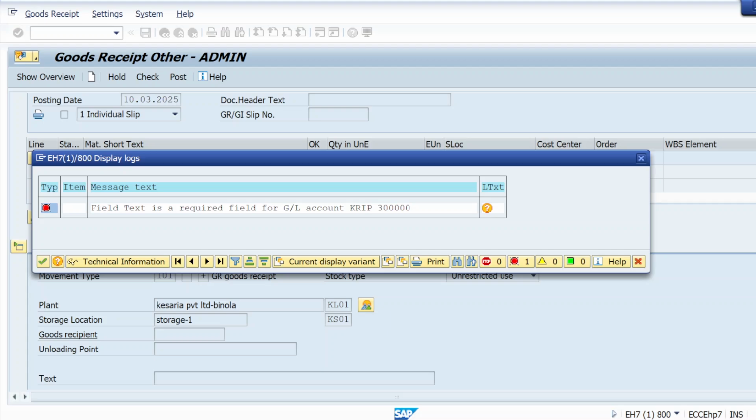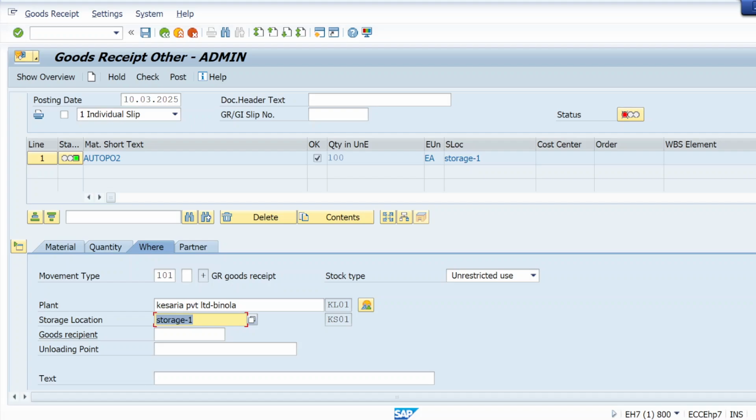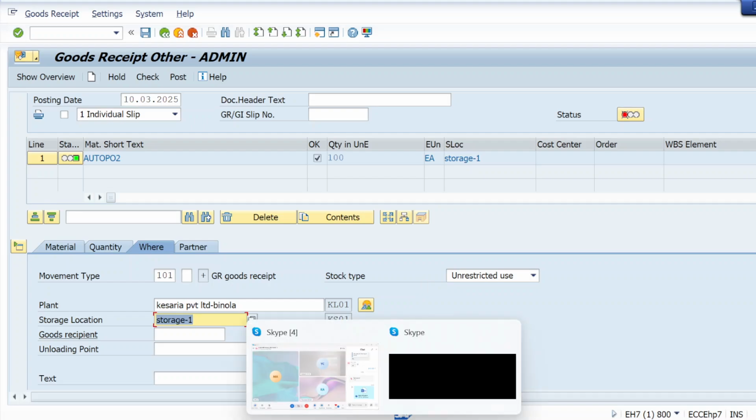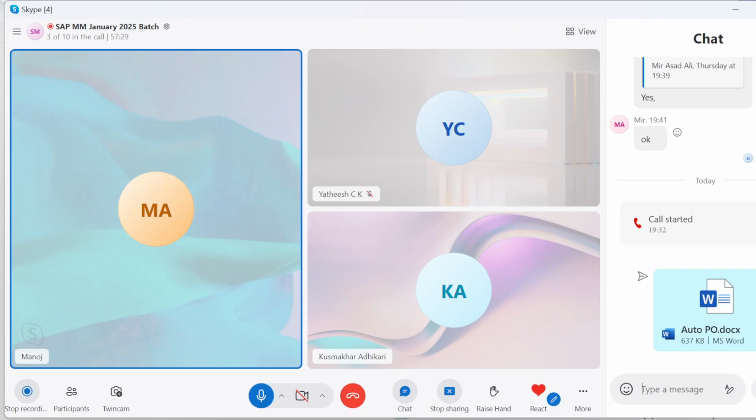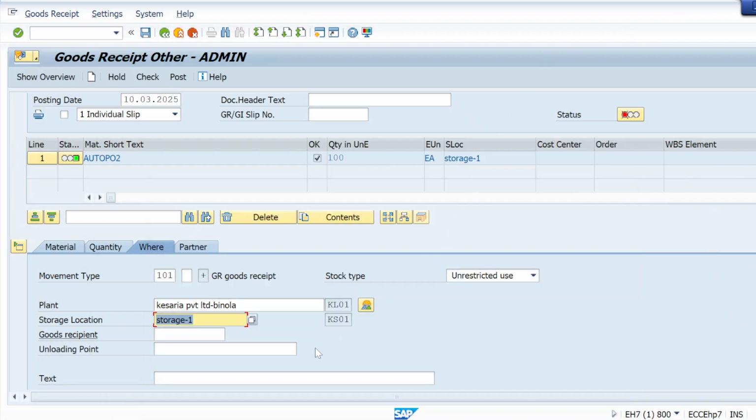Okay. Perfect. I have one more batch after 8:30, so I have to wrap up right now. We'll send it. Just try this and practice up to that, and that needs to be resolved by an ABAPer. That I will do by end of tomorrow or today. Okay. Okay, Kushamba and Yatish. Bye. Take care. Okay, sir.